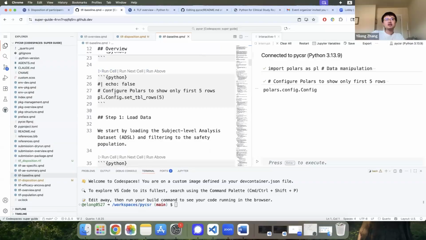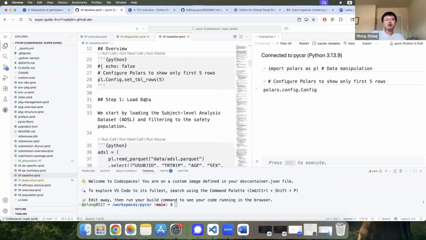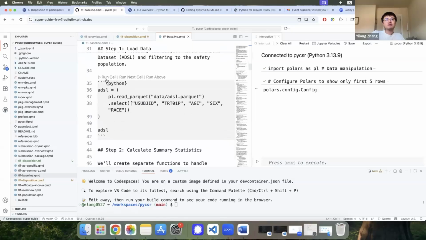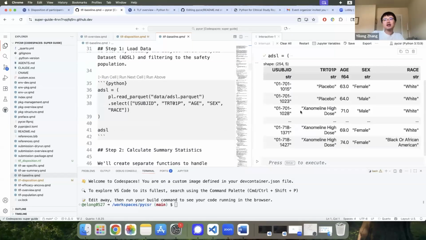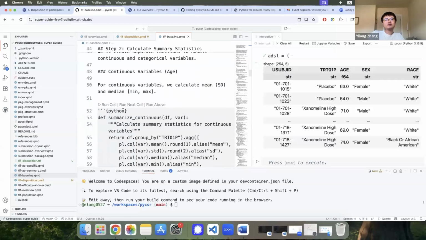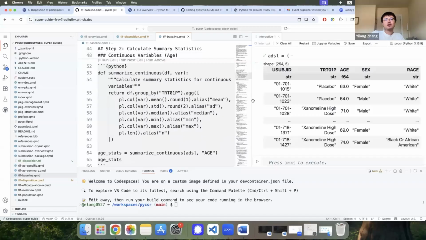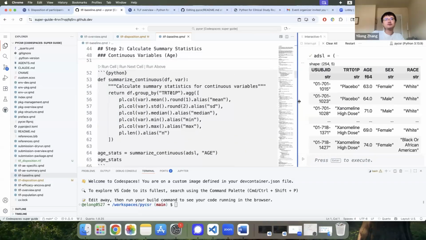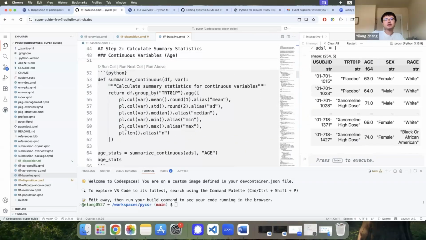And then this is just a config to show the first 5 rows by default for Polars. And the first step is always, hey, now we get the ADSL dataset to select the first 5 variables. And then this is a definition for a sample function in Python, right?